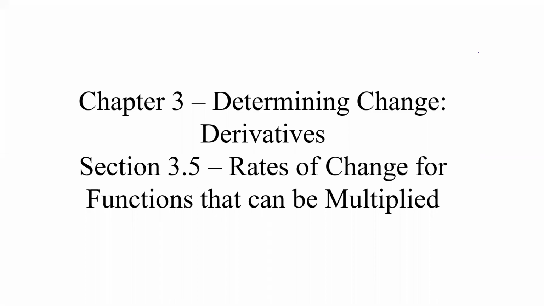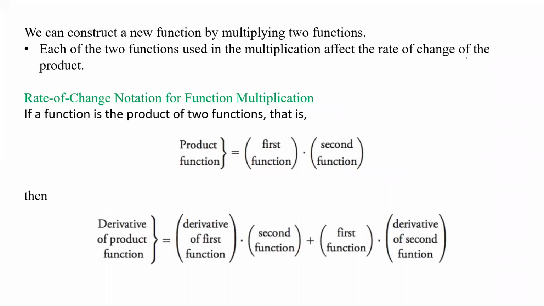All right, so we're on chapter 3, determining change and derivatives, and this is section 3.5 on rates of change for functions that can be multiplied. So we can construct new functions by multiplying them together. Now, each of the two functions used in that multiplication is going to affect the rate of change of